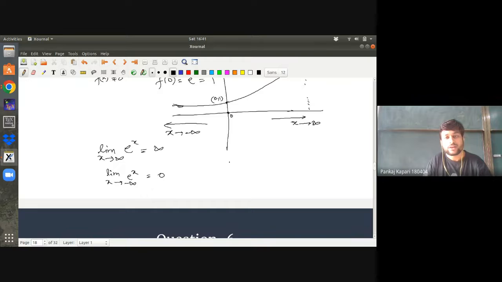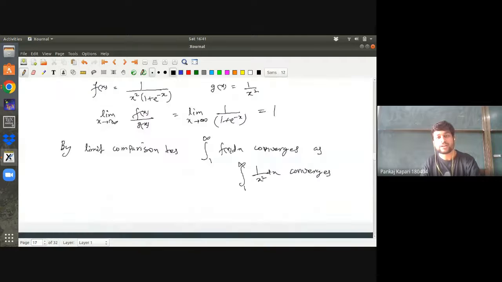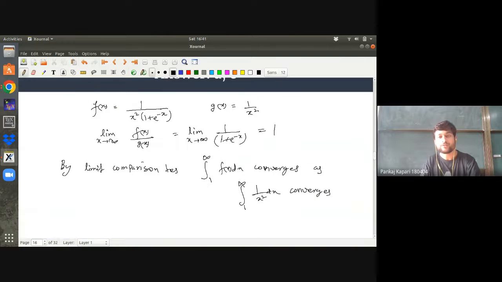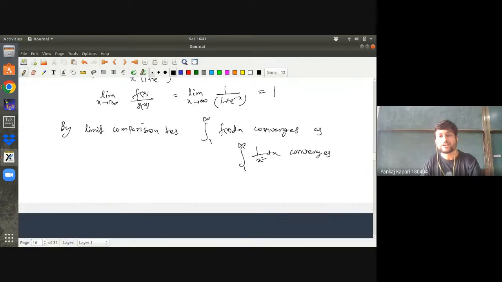But if you take the limit as x goes to 0, then it will be 1, simply because you can put e to the power 0 and you will get 1. Therefore, in the previous problem, when you were taking this limit, we said that this limit is 1. Why is this limit 1? Because